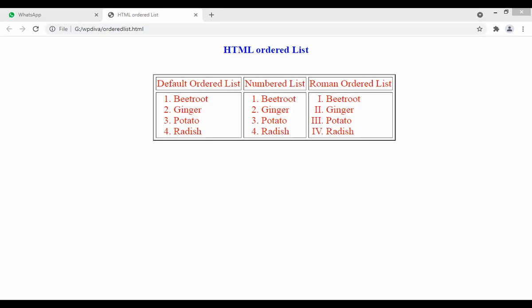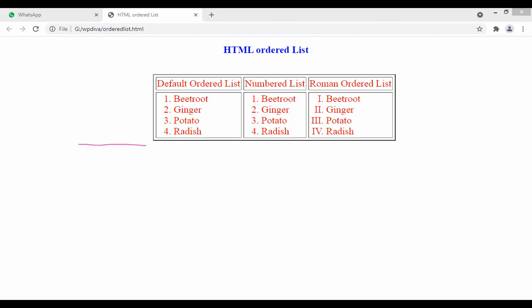So let me go back to the code. Here you can see in the code, first I have taken title, I have taken H2, font color equals blue. For the heading, I am applying the blue color, and I am closing the font tag here. Why is it possible to apply the font tag? All this is outside the table tag, right? Then font color equals red, face equals Times New Roman, size equals 5. You can skip this UL also, there will be no issues when you remove that. Then I'm taking a BR, break tag, to maintain some gap between the heading and the table.